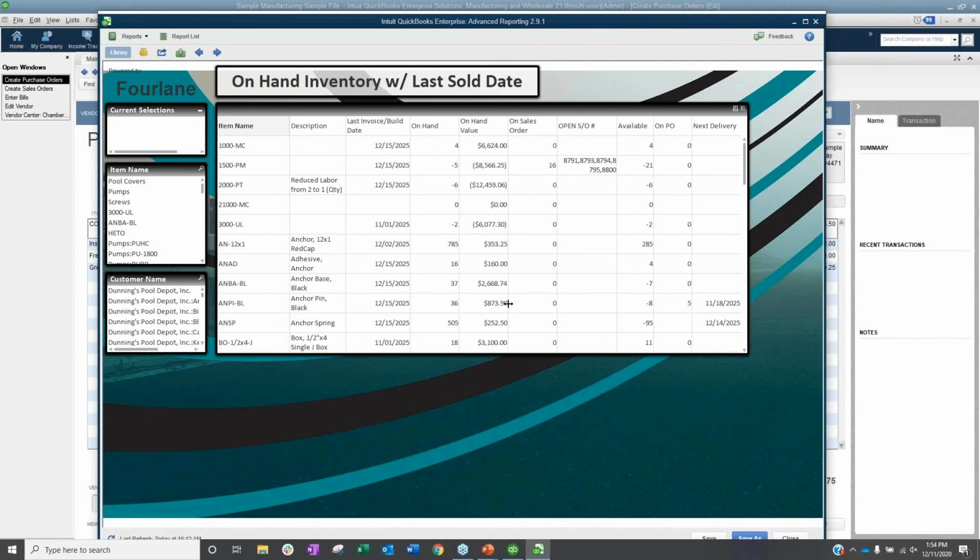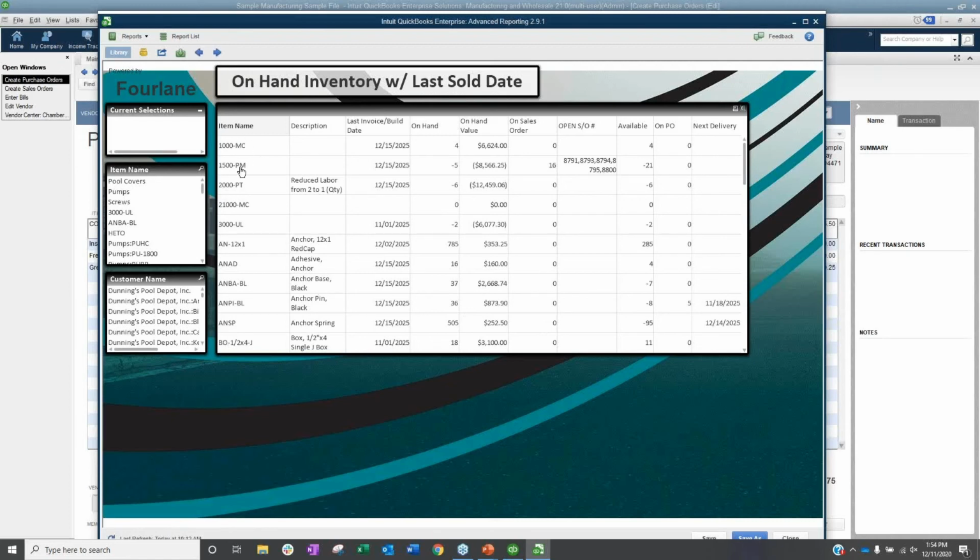Customer report template. A lot of people ask, I need to know the last time, or tell me who has not bought within the last 6 months, and what did they buy before the last 6 months? So we have something similar to this, but in the customer realm as well. But on this one, we have item name. The reason I wanted to show this one especially is at year end, a lot of our customers will say, I want to know the last point we utilized this item because I need to possibly get rid of some inventory off my books. I need to dispose of things. I need to change the value.